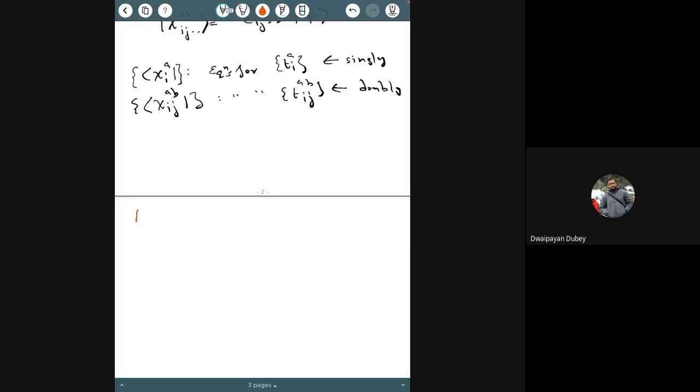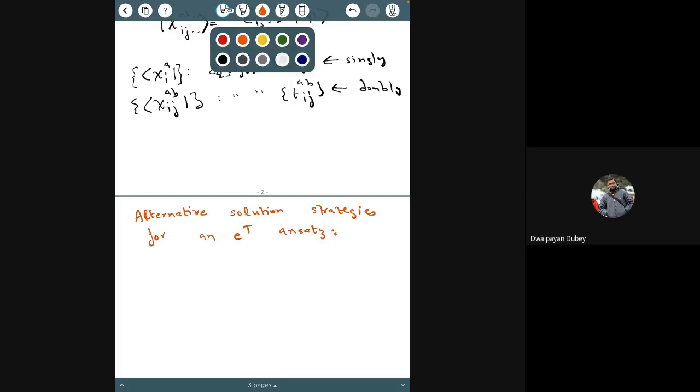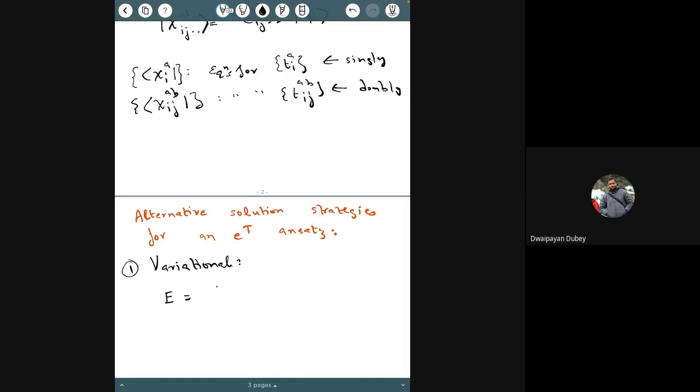So let's look at alternative solution strategies for an e to the power t ansatz. So one is variational. So the energy expression is, or would have been,